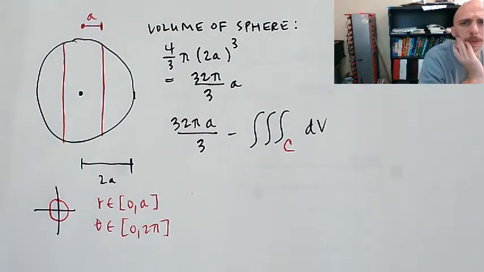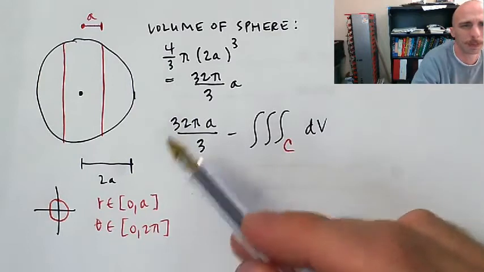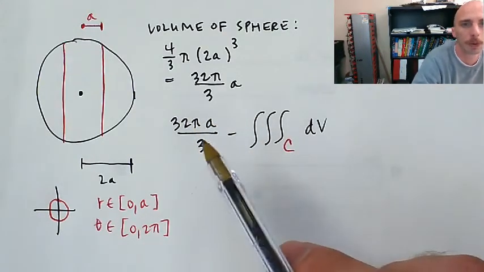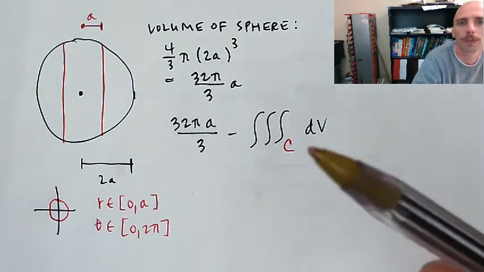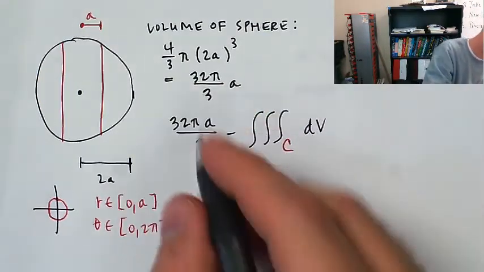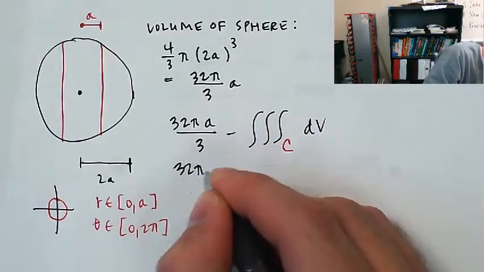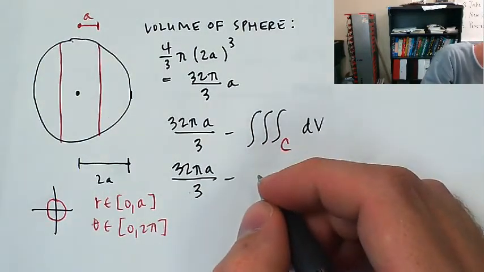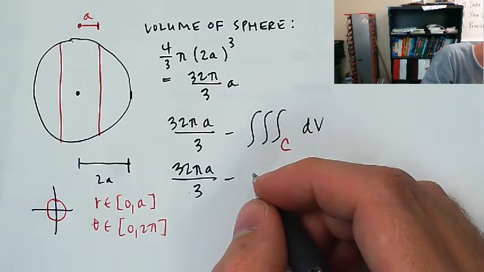Just trying to think how, yeah, I think this part with cylindrical coordinates would have been unpleasant. Besides, I'd use cylindrical coordinates on a sphere, and you could just use spherical coordinates, right? Or just use the volume formula. So I'm over here, I'm going to say 32 pi a divided by 3 minus, all right. What's going on here? Z is running from,